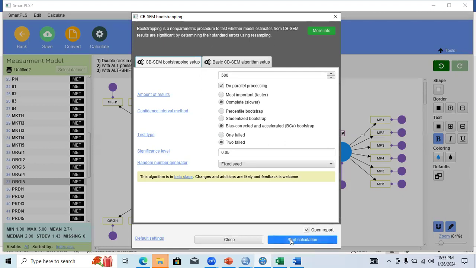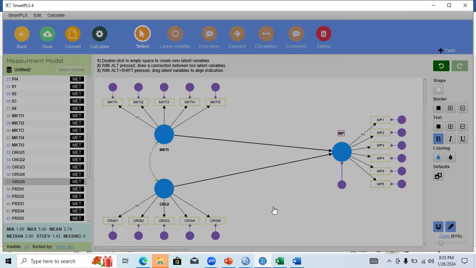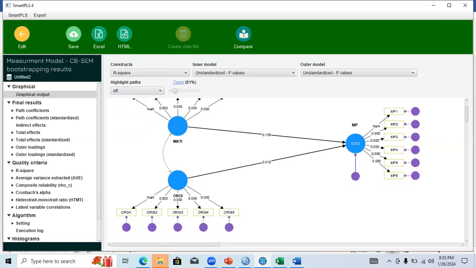You don't need to change anything further. You just need to click start calculation, and it will estimate the model. It will take some seconds, just like PLS-SEM. So just wait. You can create the same set of variables, with the same procedure from here. The moderation analysis does not run in the same way as we do in PLS-SEM. Here, moderation analysis is quite different.